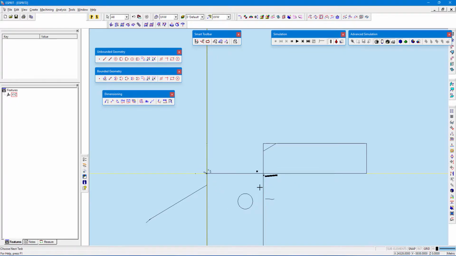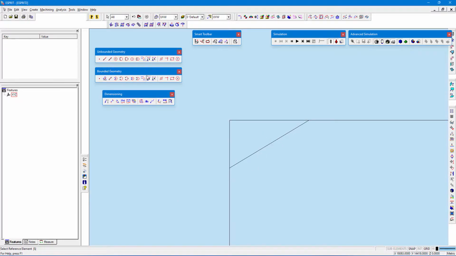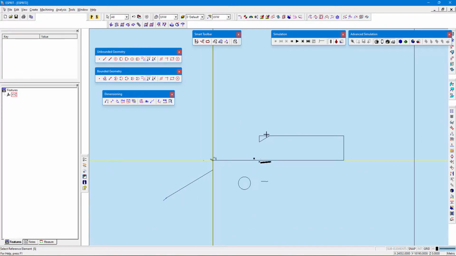Okay, and next I will show you how to keep it. So I want this, and I don't want this line, so I just select keep.